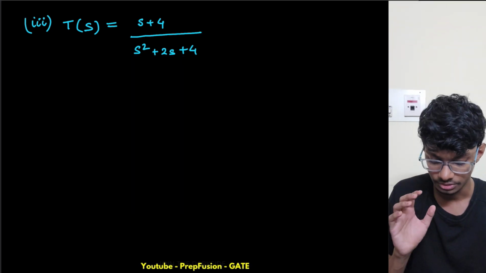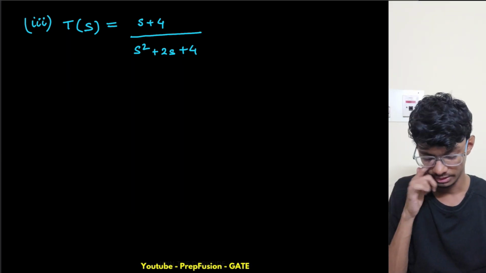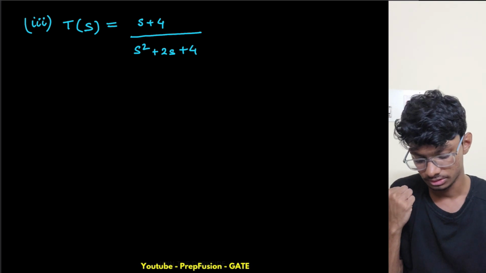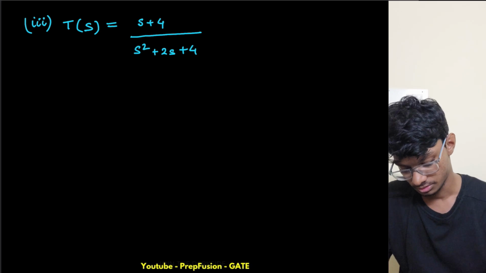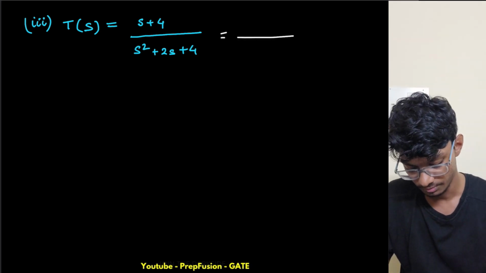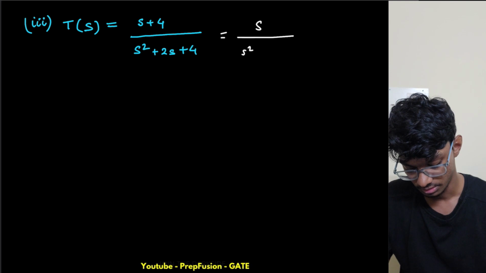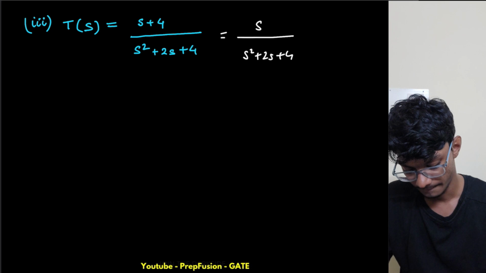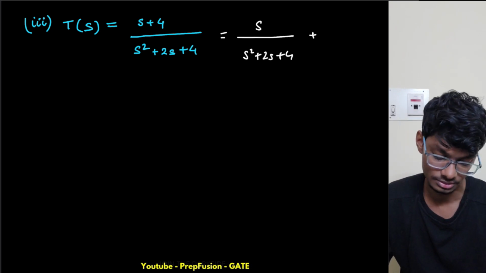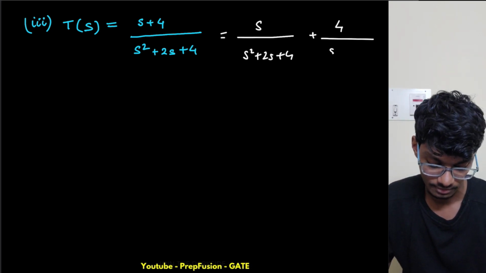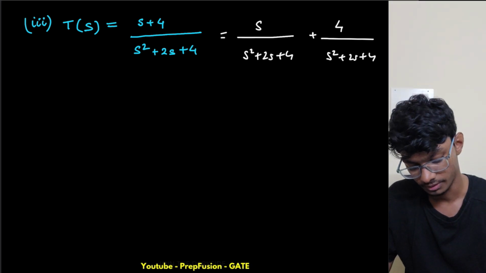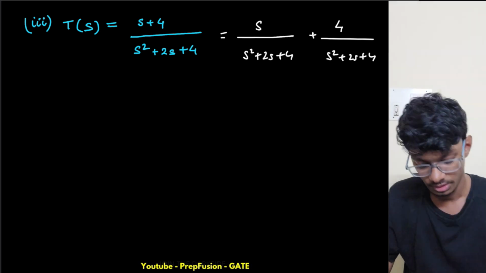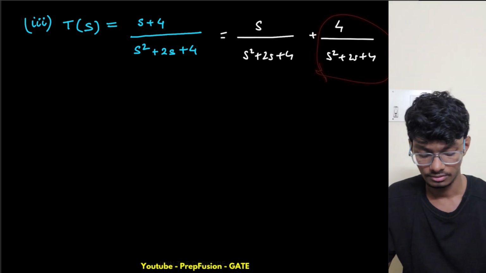Right. So for the third question, this is not standard format. Why? Because I'm getting some different response here and some different response here. So basically I will replace this s by s square plus 2s plus 4s, plus 4 by s square plus 2s plus 4s. So what I am observing is that this is the standard format and it is getting